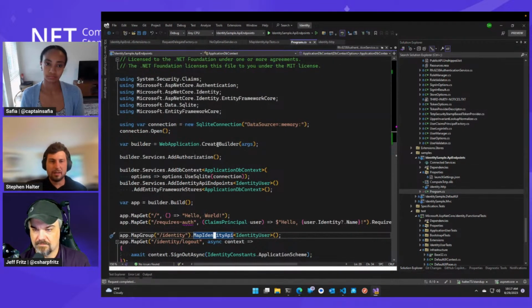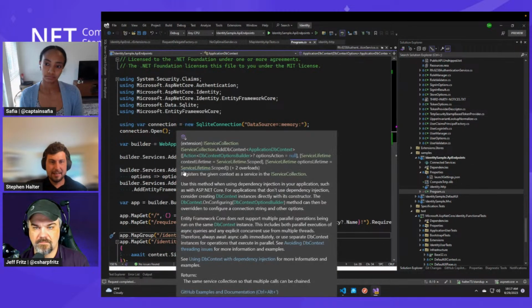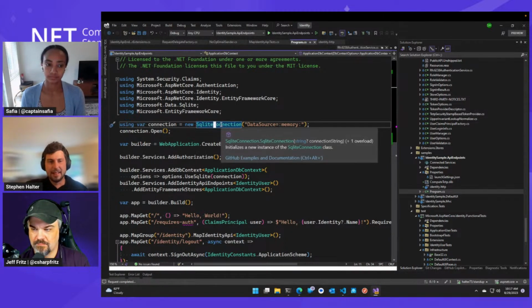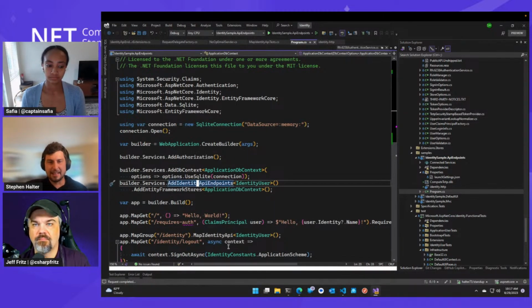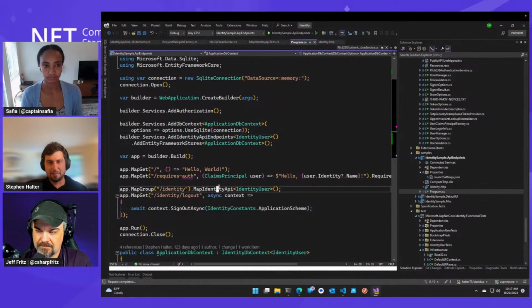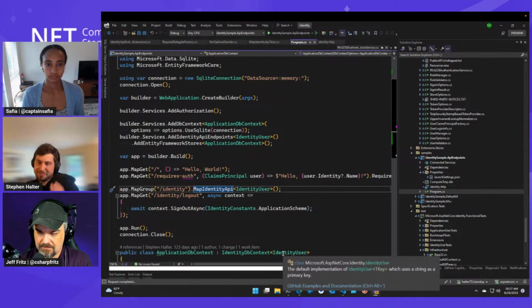Like I said, we've set up identity with the Entity Framework stores with an in-memory database. And then we've called this AddIdentityApiEndpoints, and this is important for MapIdentityApi to work. So this adds the services that we need.